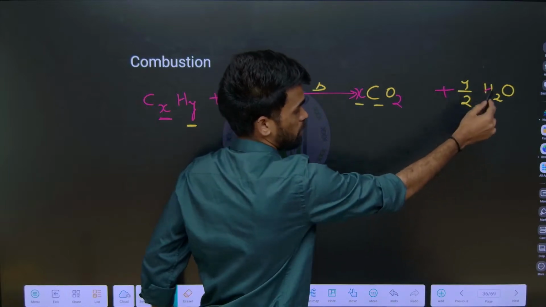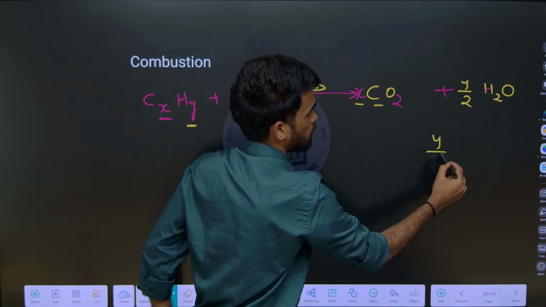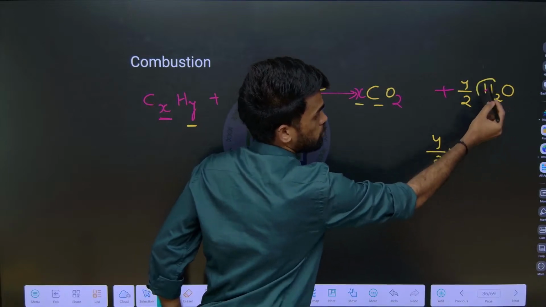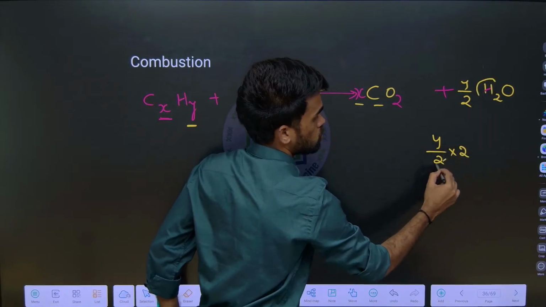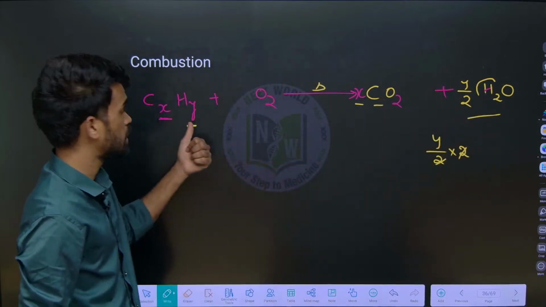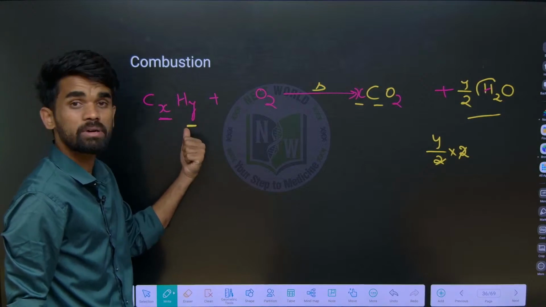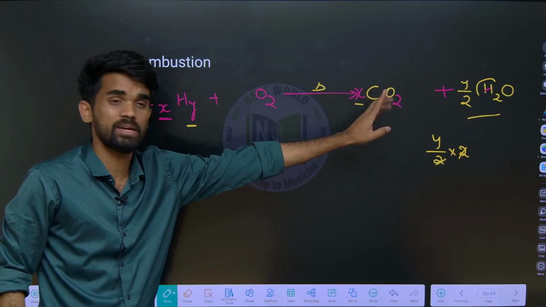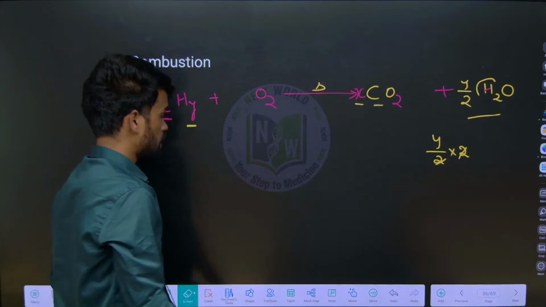See why I am writing Y by 2? If I write Y by 2 into how many hydrogens are there here? Already here 2 is mentioned, so it means 2. So 2 cancel, we are getting Y number of hydrogens, like the reactant side, because here also Y number of hydrogens, product should also contain Y number of hydrogen, that's why I am writing Y by 2. I hope it is clear. Okay, then next